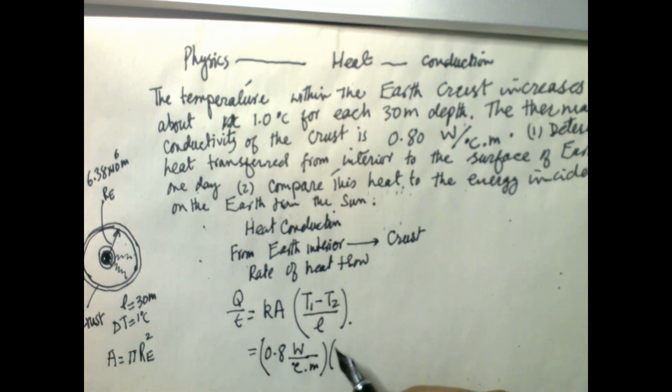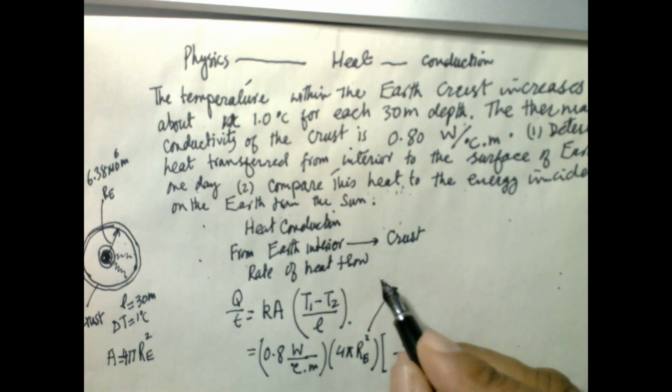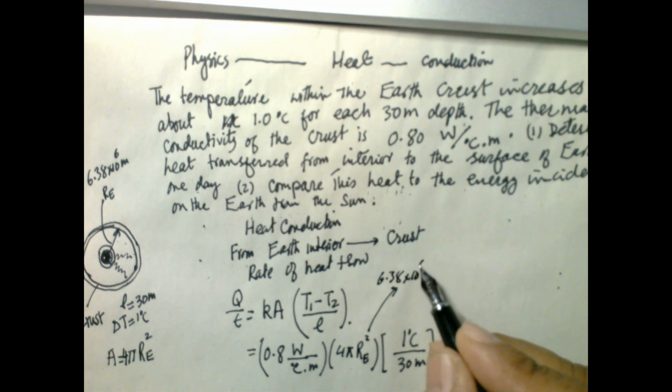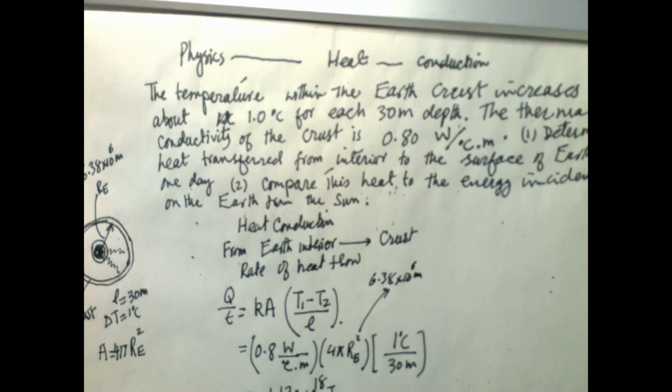and the area is 4 pi r E square, and the temperature difference is 1 degree C, and the length is 30 meter, and R E is 6.38 times 10 power 6 meter. If we substitute these values, then we get 1.17 times 10 power 18 joule, or we can say,